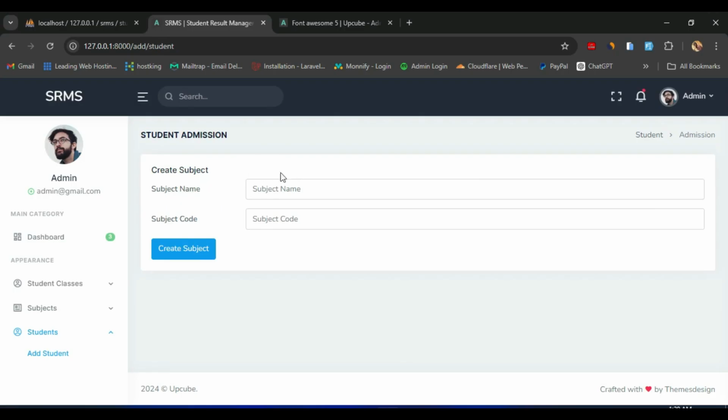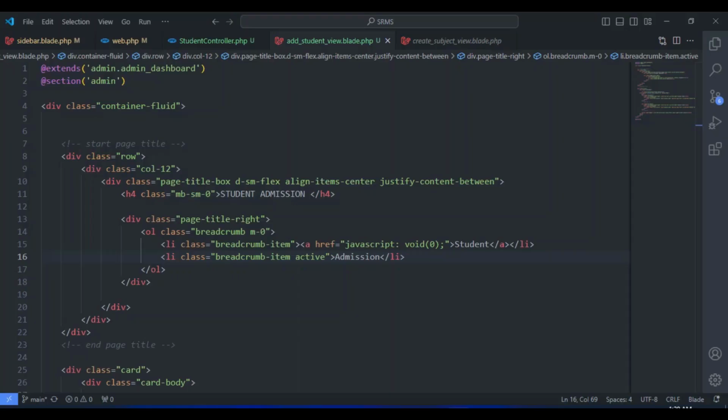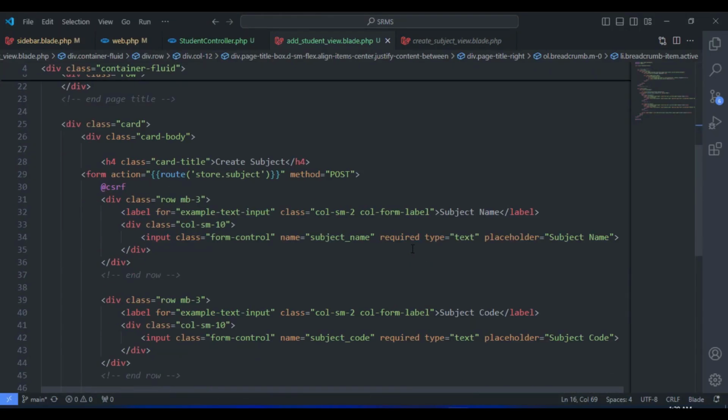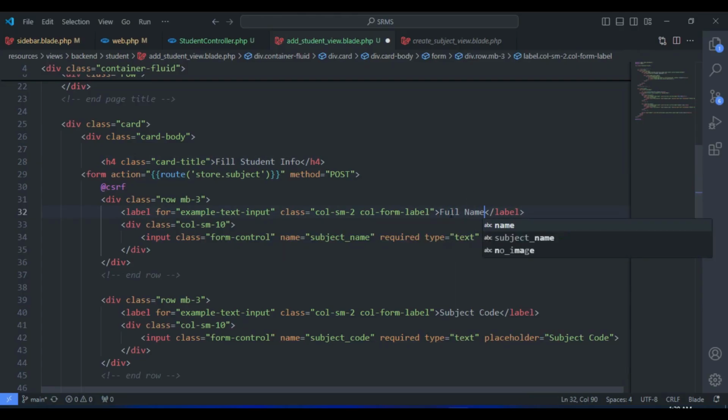Okay, now let's start working on our add student form right here. So let's go back to our source code. Our title here should be field student info, and then our first input field here should be for full name. So let's say full name like so. Let's change the placeholder to full name, copy this, full name, type should be text required, and the name should be full name